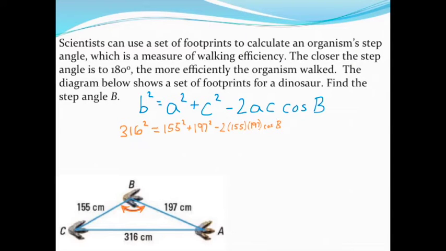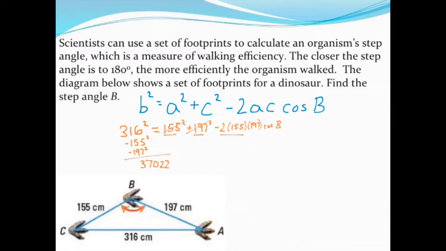When you do this, I recommend doing this problem like so. There are three terms in this problem, and these first two terms, I would just recommend subtracting those from the opposite side. So subtract 155 squared, subtract 197 squared. I would just type that in all at once, so I don't have to write down so much. Make sure you type in the squared when you subtract all that, and you can double check my work or pause the video and try it on your own. I ended up with